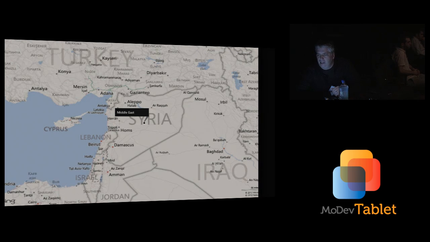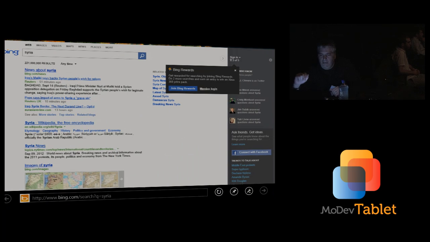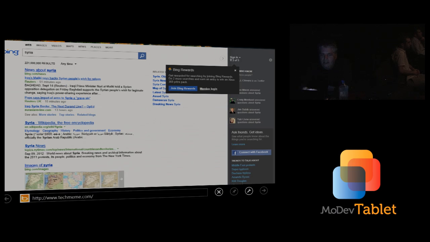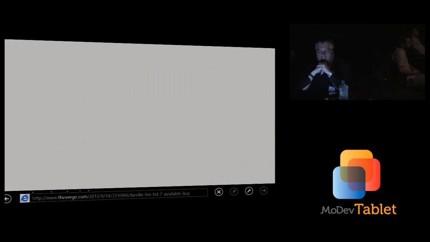I also have some other things that I can do that are pretty interesting. So if I go back and look at a concept, let's look at share. I'm going to pop open Internet Explorer. And this is a version of Internet Explorer that's optimized for touch. Let's go look at TechMeme, which is one of my favorite sites. I want to see what some of the headlines are there. And let's say I'm going to go look at an article on The Verge,